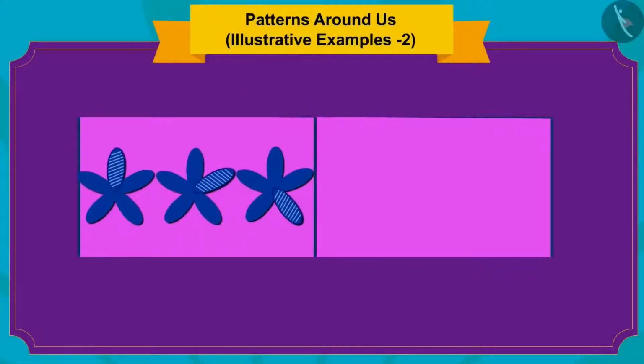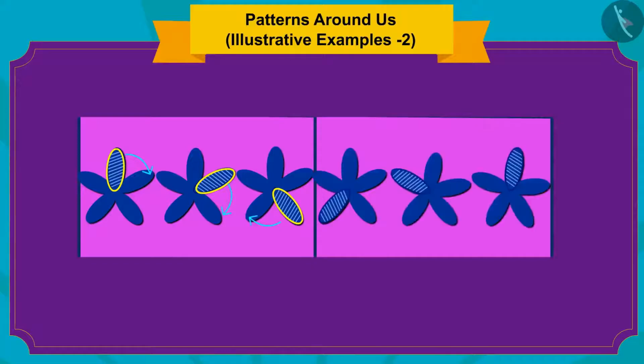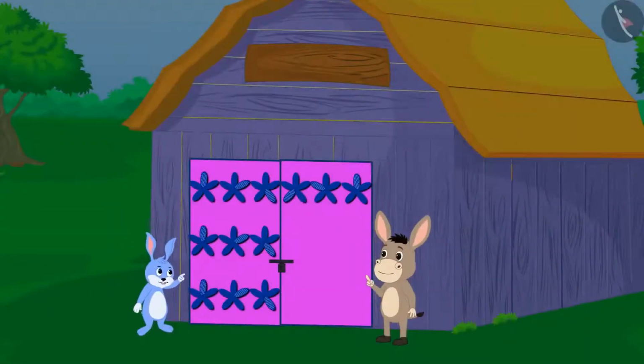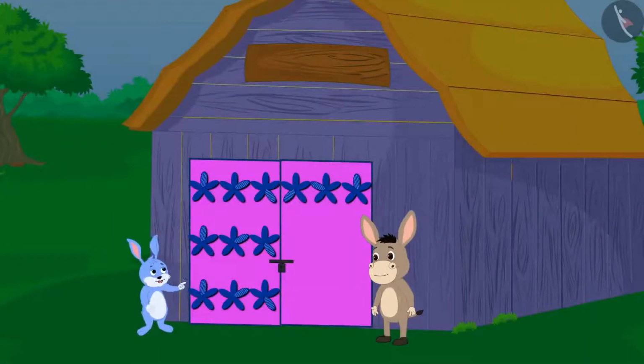The petal of the flower on which the diagonal design is made here is seen in the petal next to it in the next flower. Just like you did, Bhola and Bunny completed the pattern of the second door by finding the rule of this